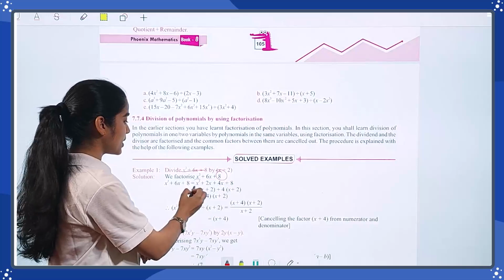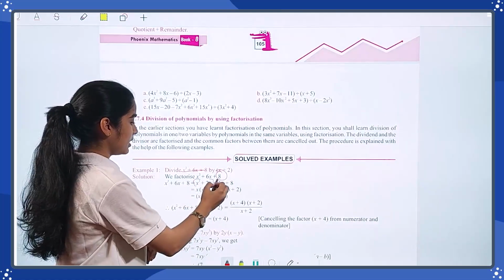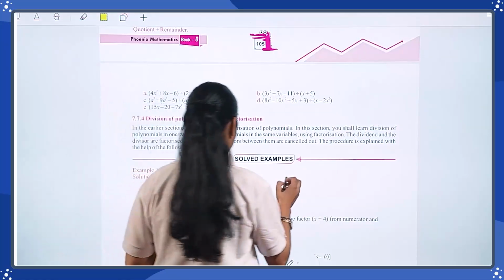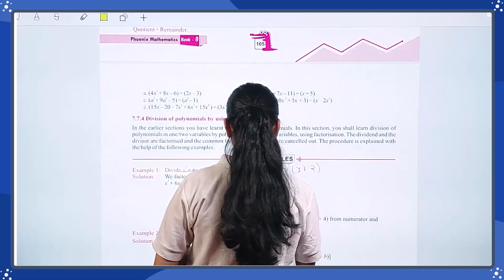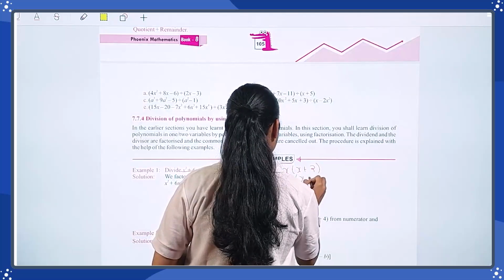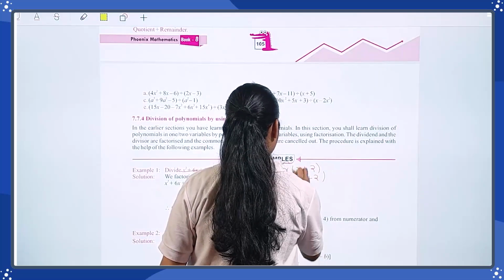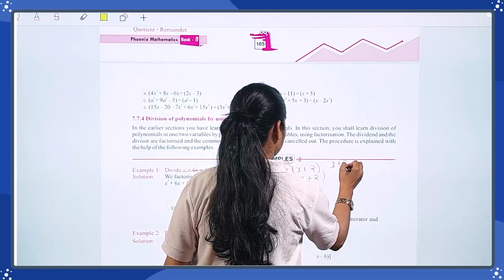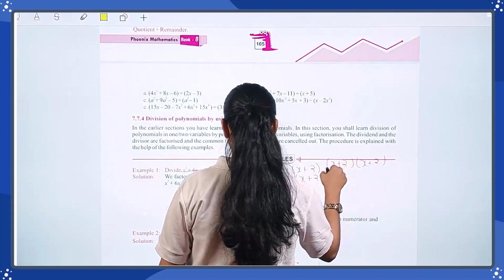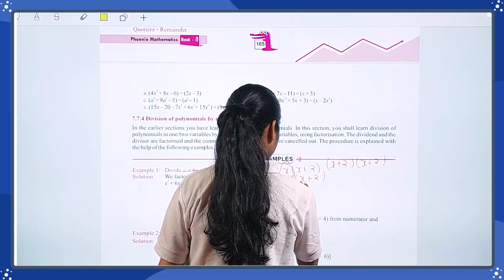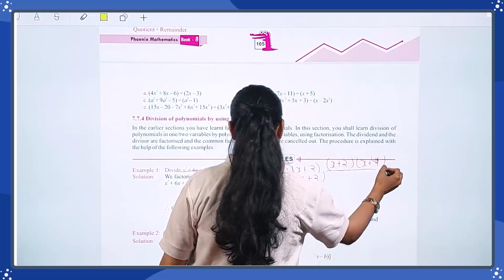So now we have to make pairs of it, x square and 4x, 8. In this we take x common outside, x plus 2, and in this we take 2 outside, x plus 2. These two outside terms make a pair, 2x plus 2 and x plus 2. 4 multiplied by 2x, okay, 4 is here. So this is your final answer.